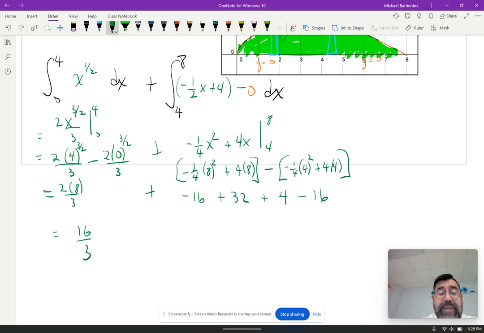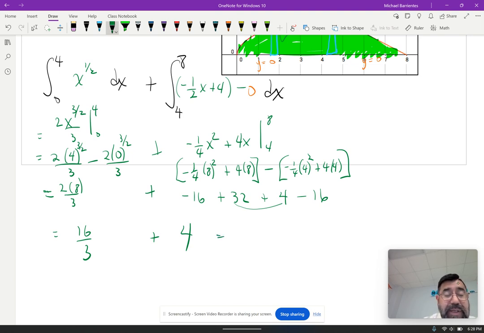There's many ways to do this. I can say this is 36 minus 16. That would be 20 plus negative 16. That's 4. So this whole thing becomes 4. I could also say this and this is 16 plus 4 is 20. 20 minus 16 is 4. Either way,